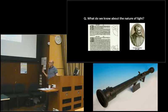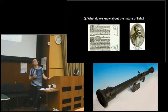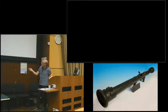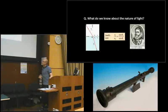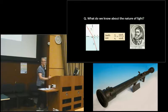Now, if you want to go beyond what Ptolemy achieved regarding refraction, you have to fast forward some 1,500 years. These are some of the angles for which Ptolemy discovered laws of refraction. It's a limited set. If you fast forward some 1,500 years to the early 17th century, you get